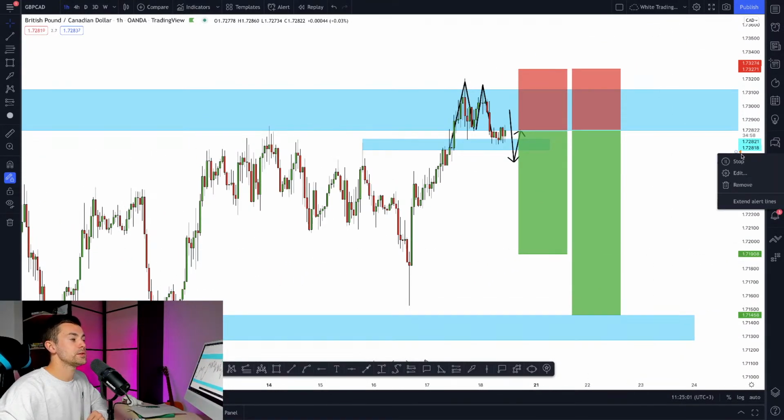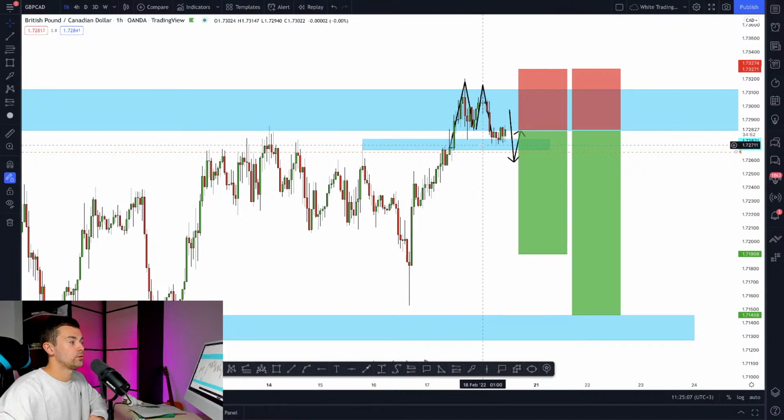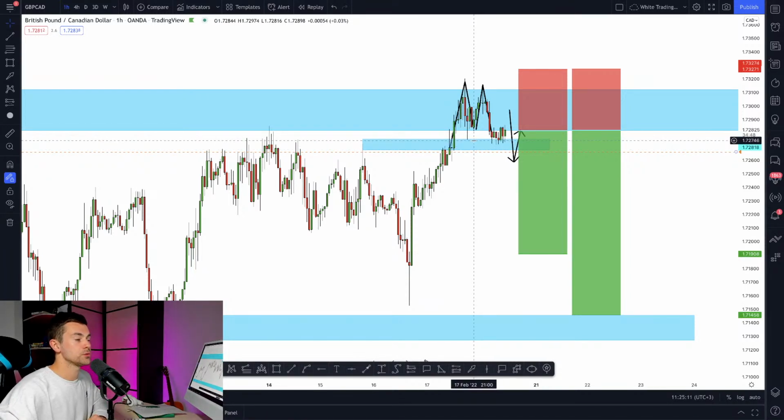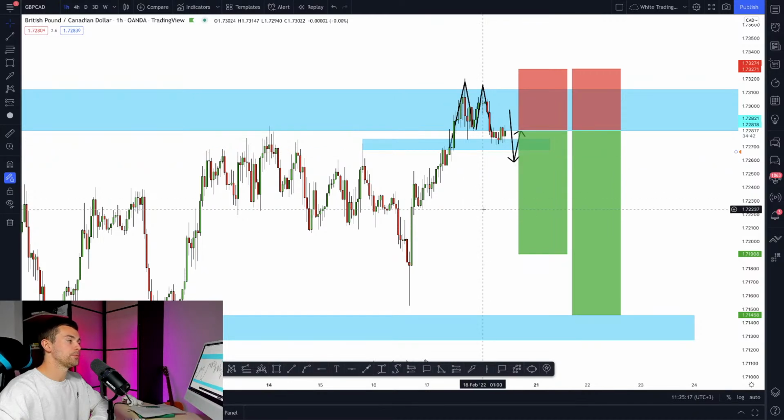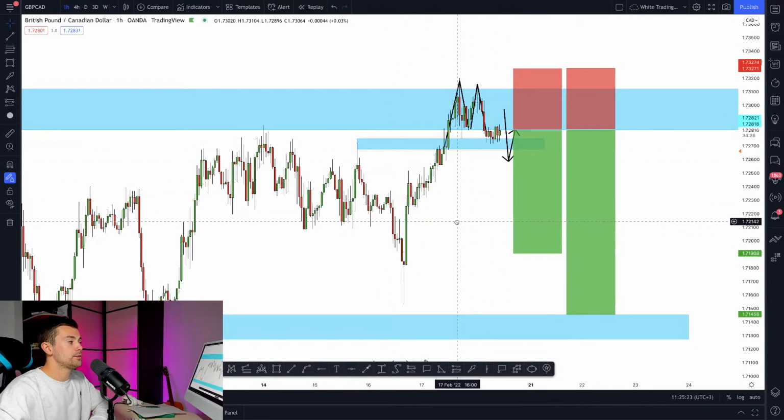For now, you can see that I have my alert lying below the neckline of this double top. So for now, what we are waiting for is the hourly candle close below this neckline, and only then we will short the pair. Let me know if everything is clear with this trade, traders. Let me know if you got the logic of this trading setup.